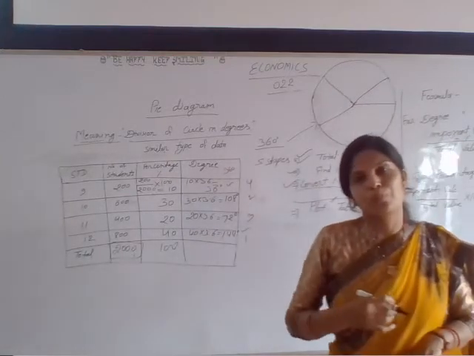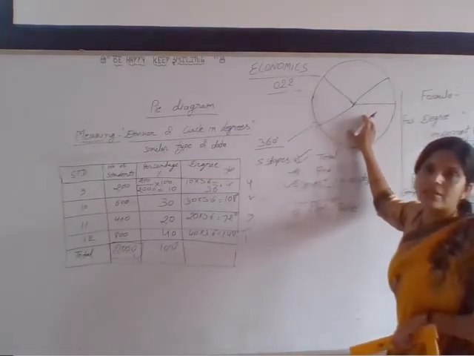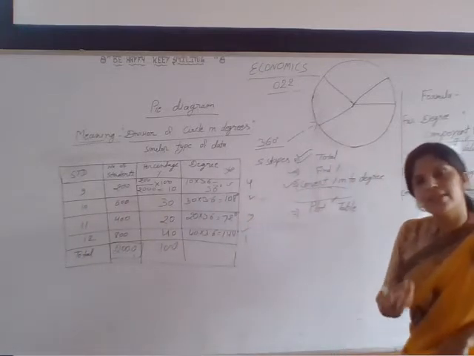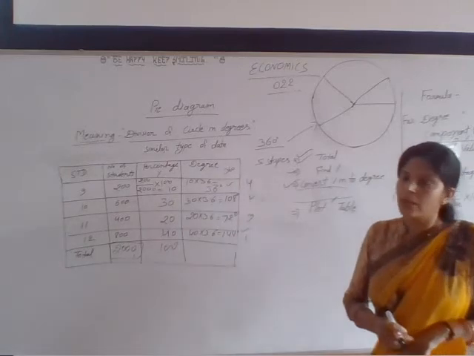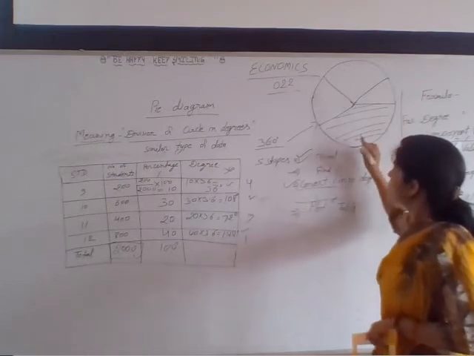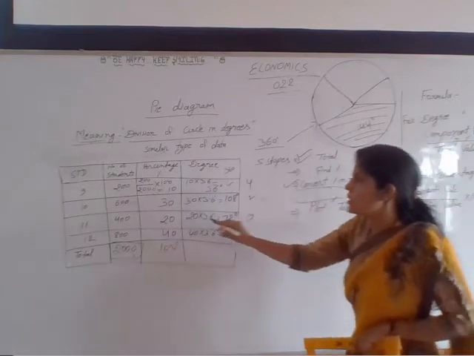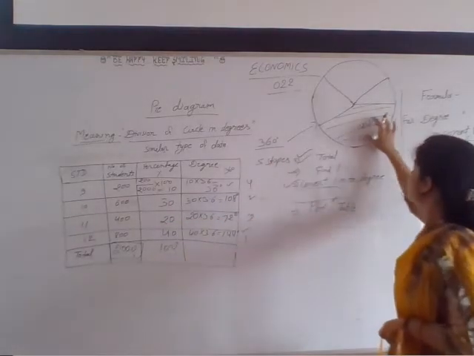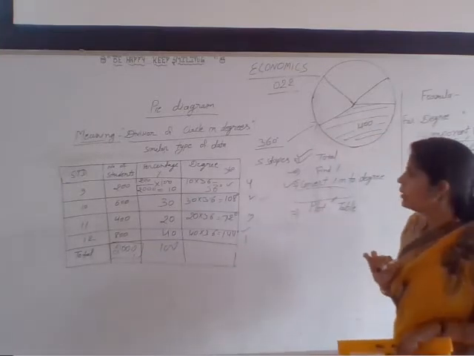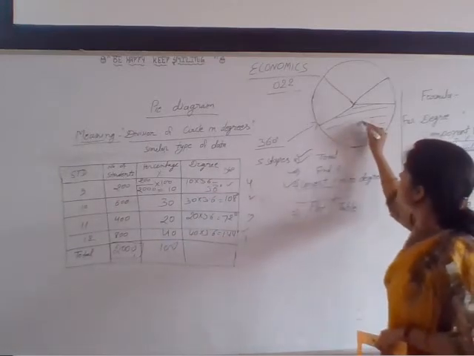But how can we know which division of this circle is showing which value? For that purpose, we can use different designs, different colors, okay? Like this type of designs we can draw here, and it is for what? 144 degree. But it is 144 degree, but which value is indicated by this? 400. So we can mention here 400. Okay. Next. Sorry, 800. It will show by the 800.